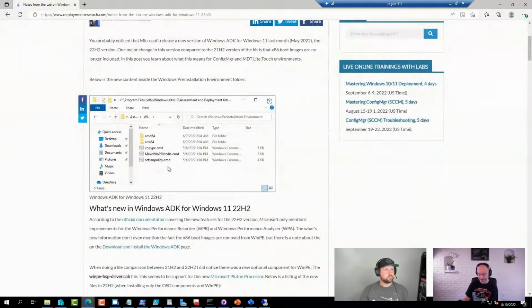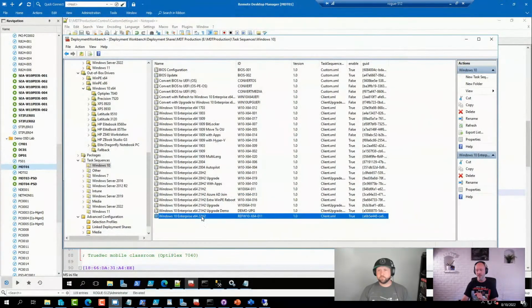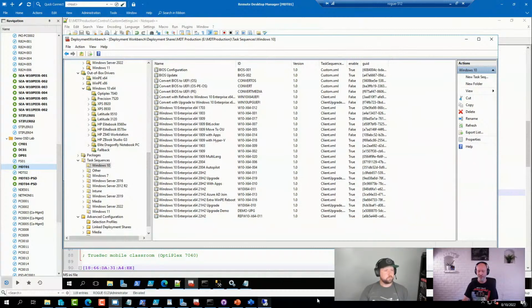So does MDT. But basically, stay away from it for now and use the 21H2 version, even if you are deploying Windows 10 22H2, which I mentioned I had tested on one of my servers here, or also, when it becomes available, Windows 11 22H2. I expect it to work the same way. So yeah, simple things. Keep it simple.